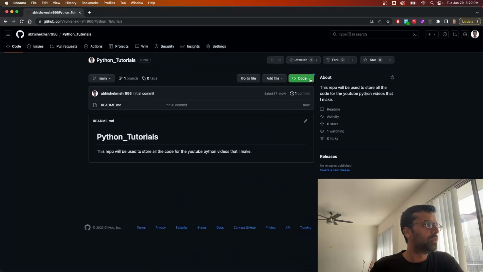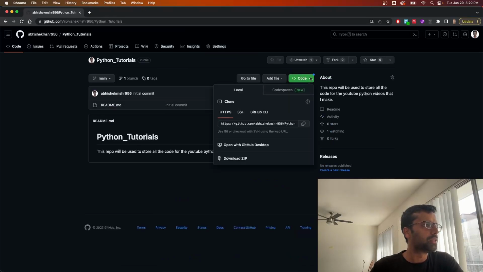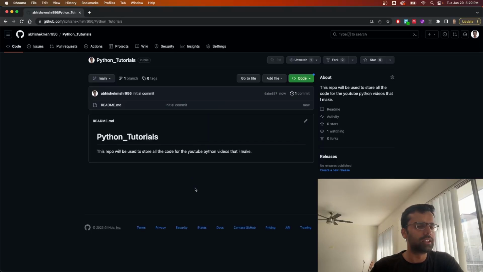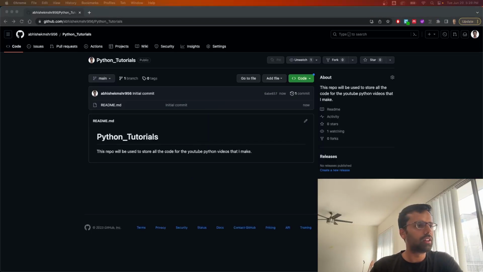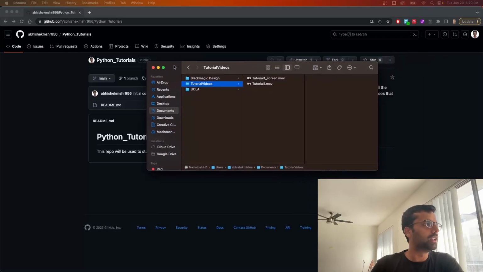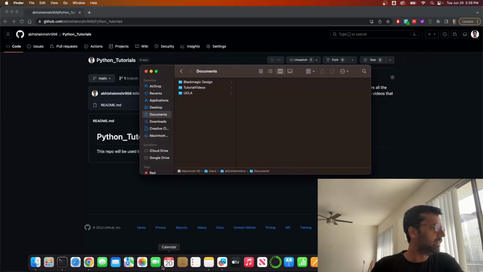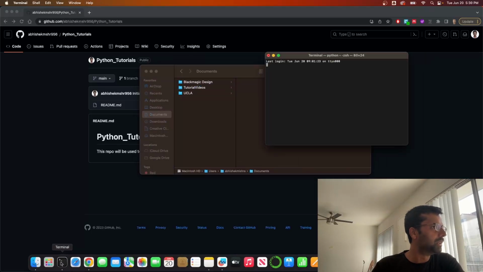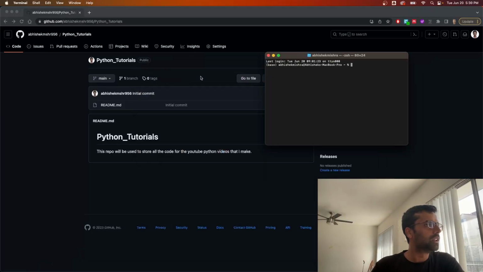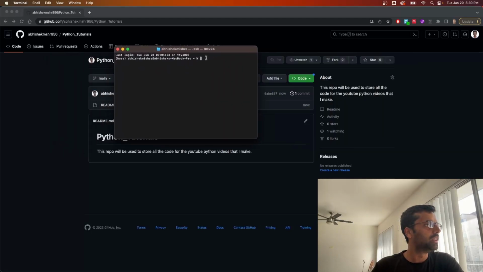Okay, so now I can clone it to my computer, right? You just go here and you copy this thing. Now wherever I want this repository to be locally, let's say I want it in my documents. So I will just open a terminal, and I will go to the documents,